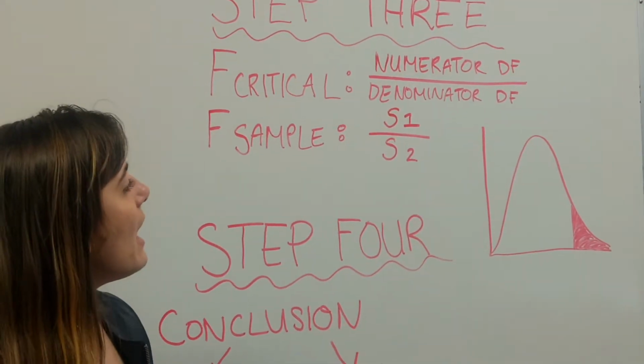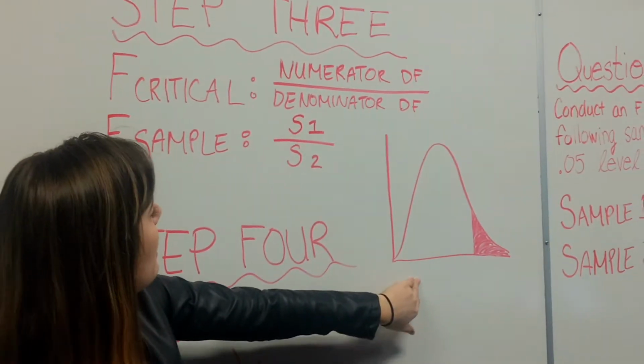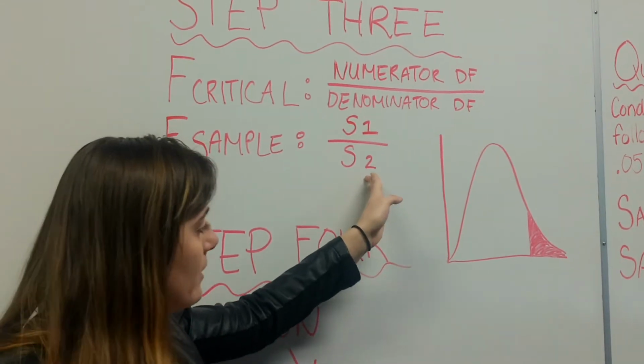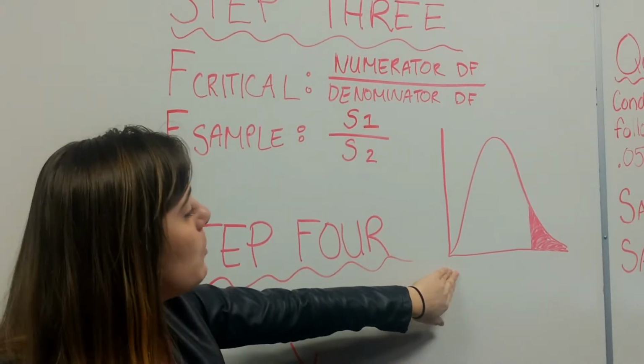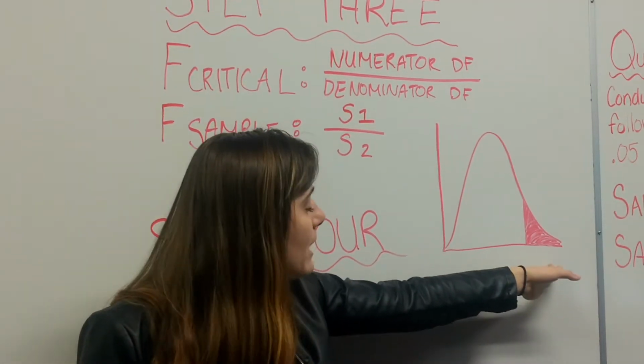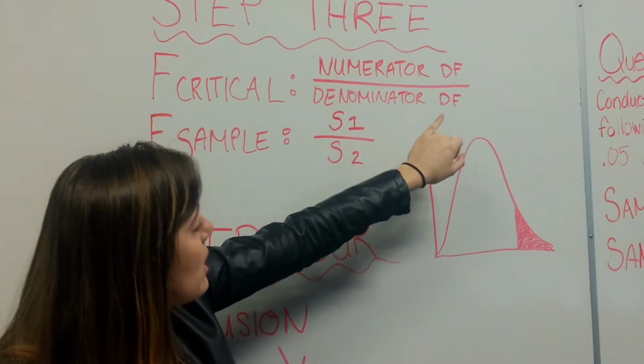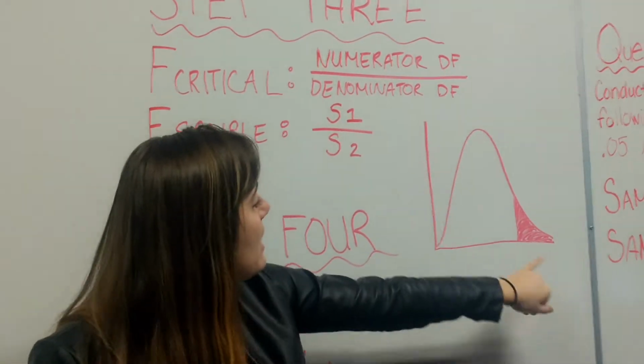and then you go to your chart with the F distribution. And since variances are always squared, the F distribution table will always be positive. So your rejection region will always be on the right side. So you take your numerator degree of freedom and your denominator, you put it into your chart, and that gives